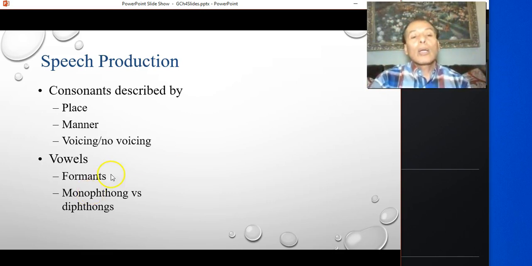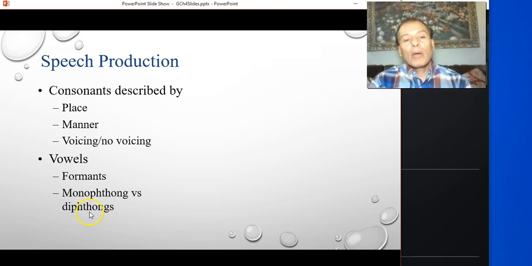We also look at a vowel in terms of formants. Formants are the resonances that occur in the vocal tract. And the first formants, the 3 that are the loudest ones that combine together to make the sound loud and amplified. They're the first, second, and third.